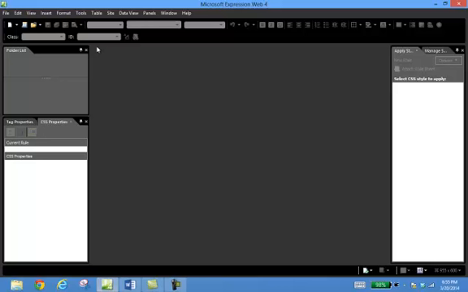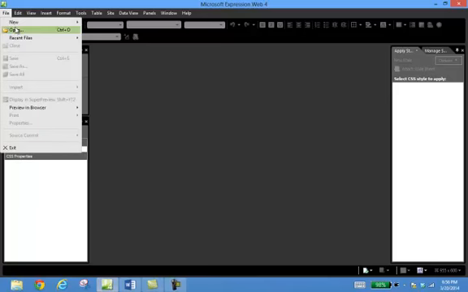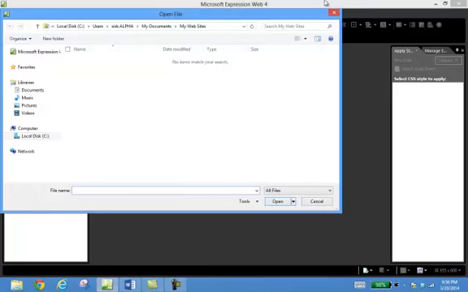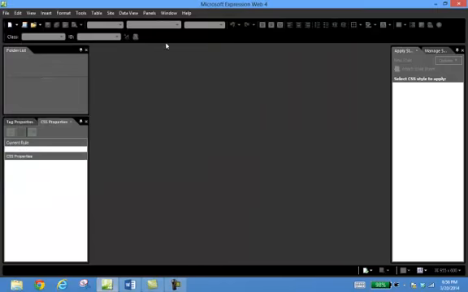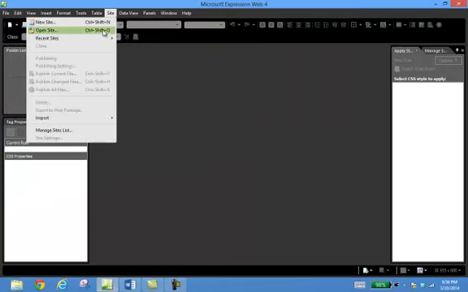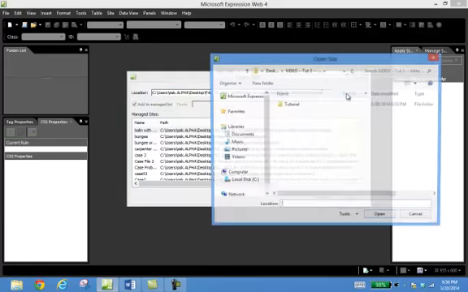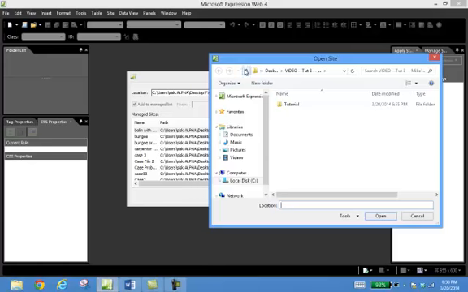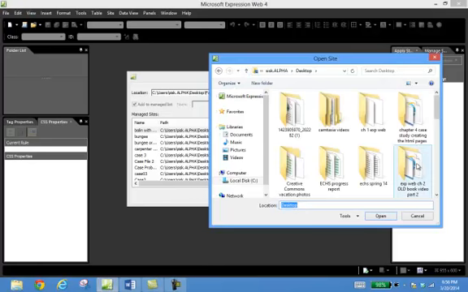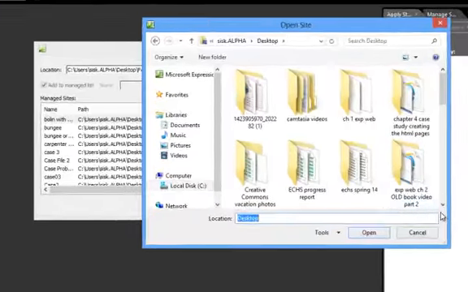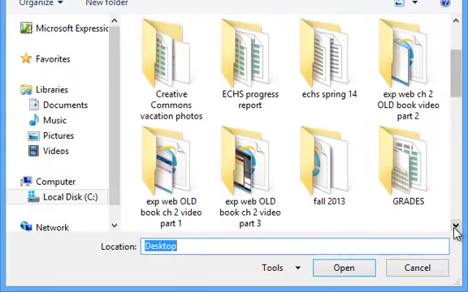Remember, as I'll say forever, as long as I do videos for this course, never ever get into Microsoft Office mode and choose File Open. I promise you'll have difficulties with it. Do not use this. You want to go to the Site menu, choose Open Site, find where your site happens to be. I'm not at your house, so I don't know where yours is, but I'll browse my computer. I happen to know where mine is, and I happen to know the name of mine, so I'll scroll down here to get to it,